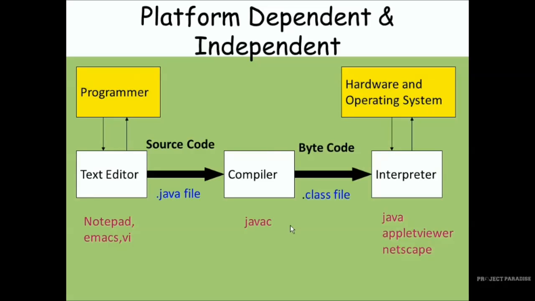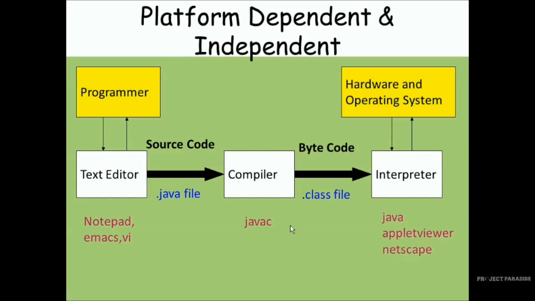What do you mean by intermediate code? Intermediate code is neither a source code nor a machine code. So this bytecode is called the intermediate code. This bytecode is given to a converter called JVM. What JVM does is convert this intermediate code to machine code. For example,